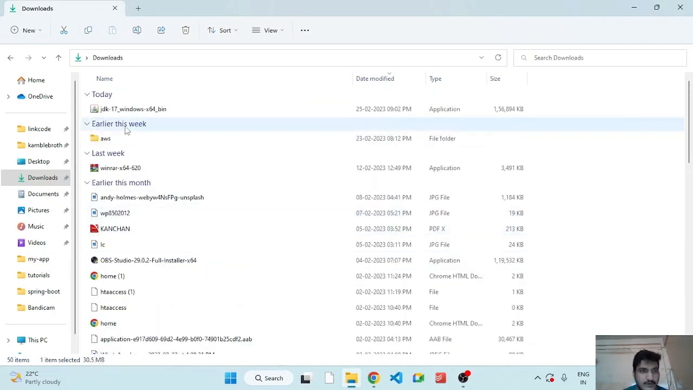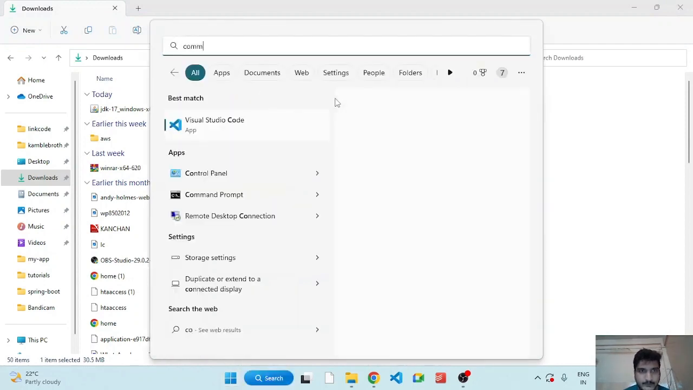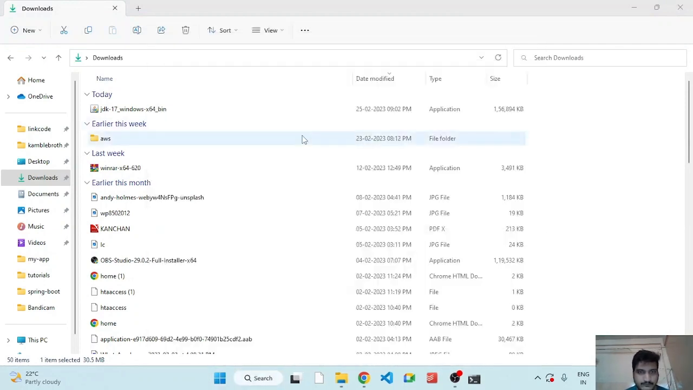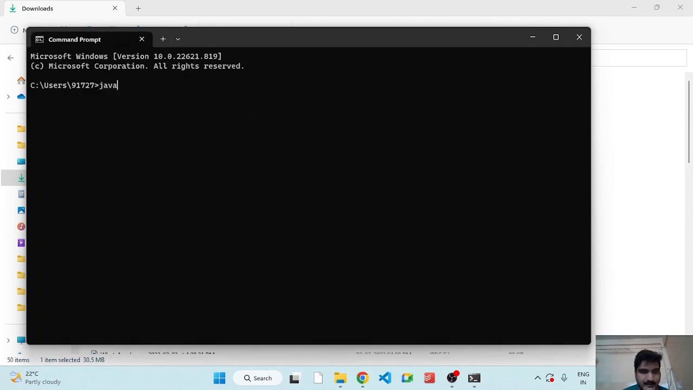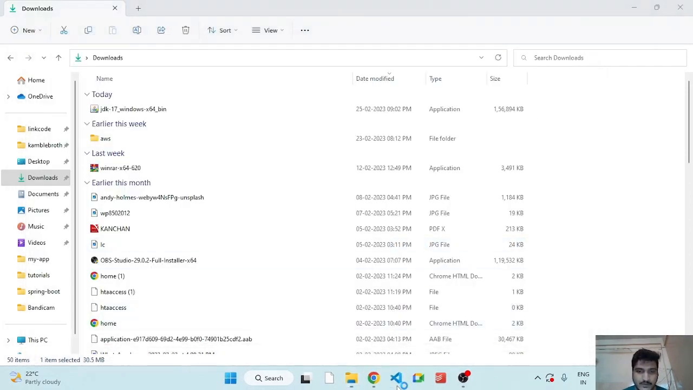So after installing JDK, we have to check if the path is set for Java. So open command prompt and type javac space hyphen hyphen version. So as you see, my path is set for javac and I can see the Java 17 is installed. So next step, open VS Code